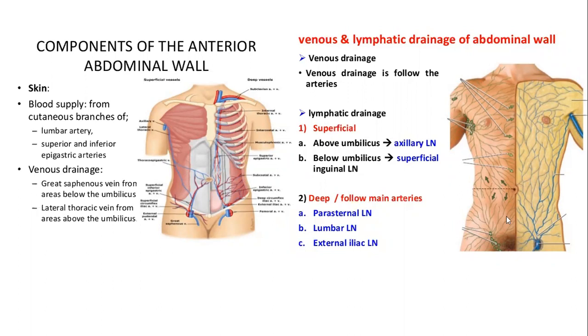These para-umbilical veins are of great clinical significance because when the venous drainage is blocked from the lower side of the body, that is the lower limbs and the lower abdominal wall or abdomen as a whole, these para-umbilical veins,